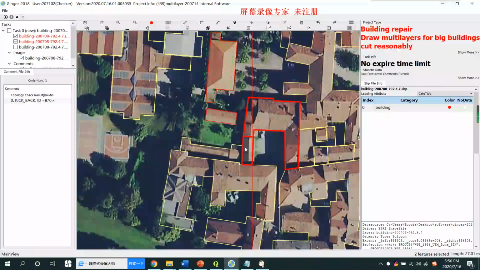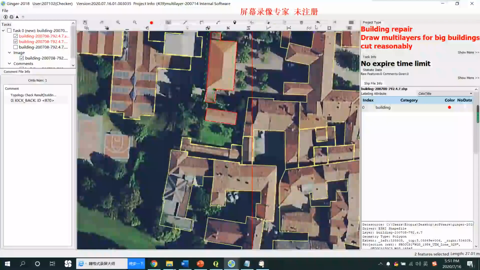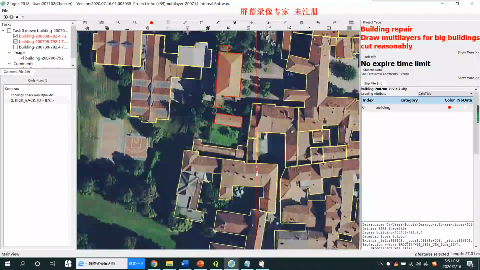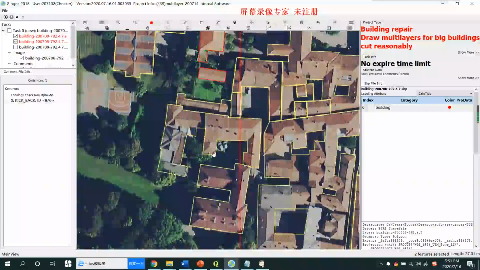Okay, so actually for this building, you can group like this, right? It's reasonable. Or if you group by this, it's also fine. It looks not bad, right? Not bad. So for this situation, it can be very ambiguous, and any reasonable grouping is fine. Okay, and then for this